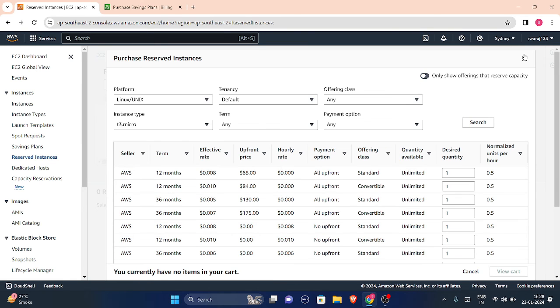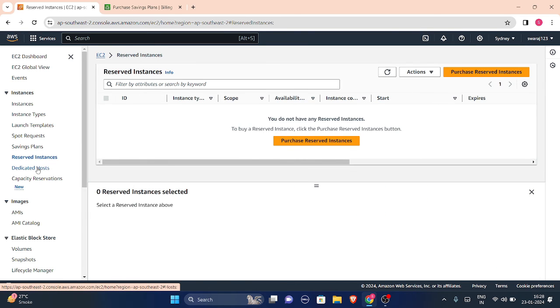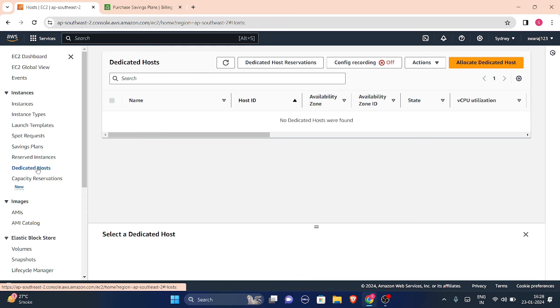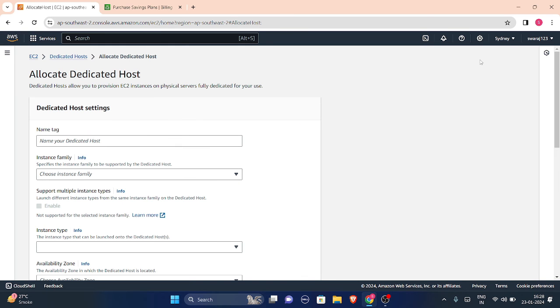Next is dedicated host. As I told you earlier, a proper server will be given to you, like you have booked a whole building in a hotel; that is a dedicated host for you. You are reserving a physical server fully dedicated for your use.